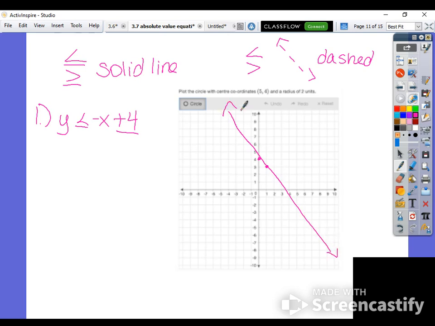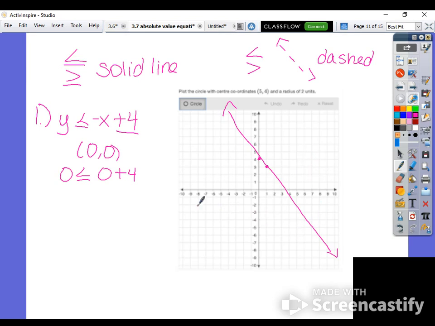Okay, with inequalities, we then have to figure out where to shade. To do that, we plug in a test point. We can use 0, 0 as long as it's not on the line. Okay, see how our line doesn't go through 0, 0 here? So we can use 0, 0. And really what we're trying to do is figure out where on the graph ordered pairs make the inequality true. So by plugging in 0, 0, we can figure out which side of the line has ordered pairs that make